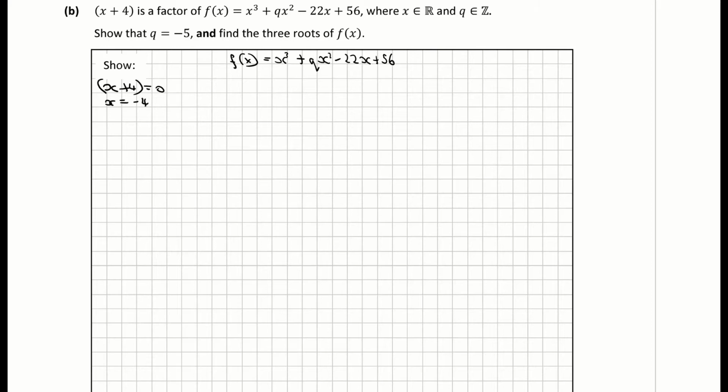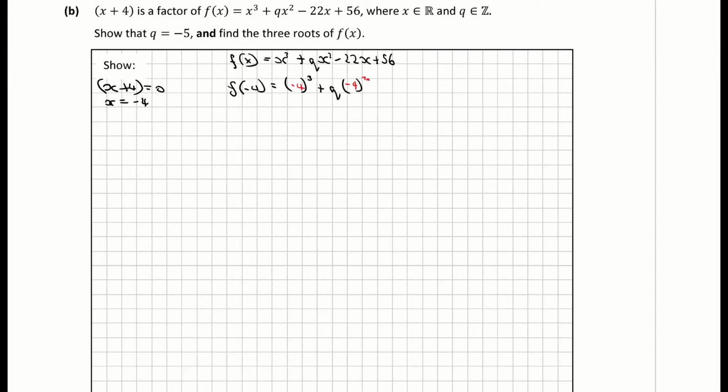So in order to solve for q, I'm going to sub in my first root, which is minus 4. So that's going to find me f of minus 4 is equal to. So again, use brackets here for your calculator because we're using a negative 4 here. So I'm basically subbing in negative 4 for x. So that's going to be minus 4 cubed plus q times negative 4 squared